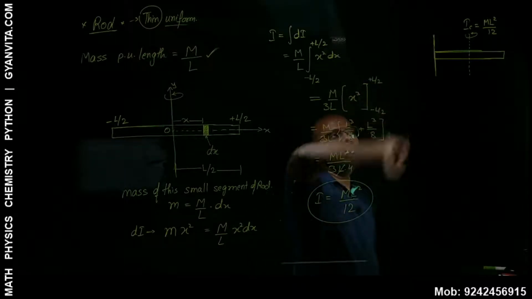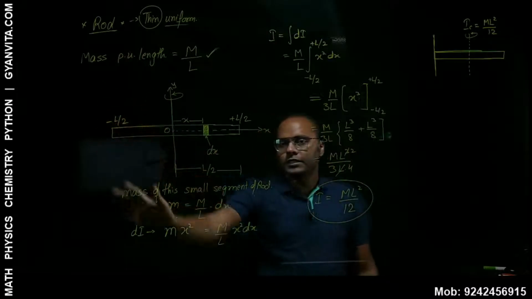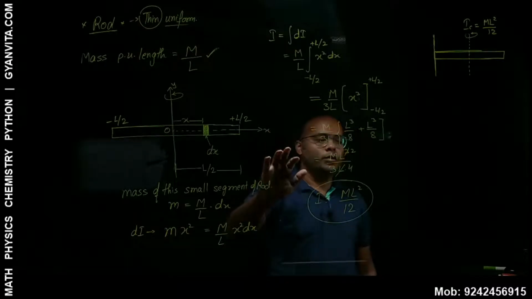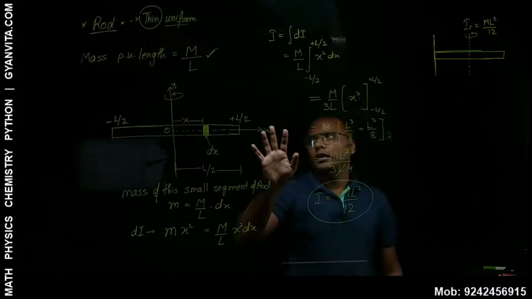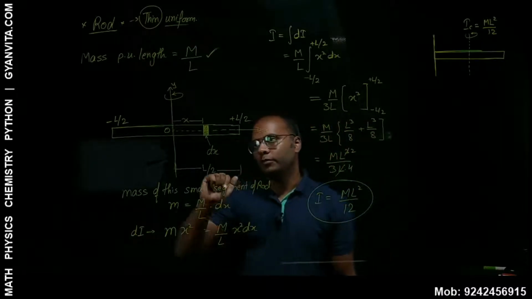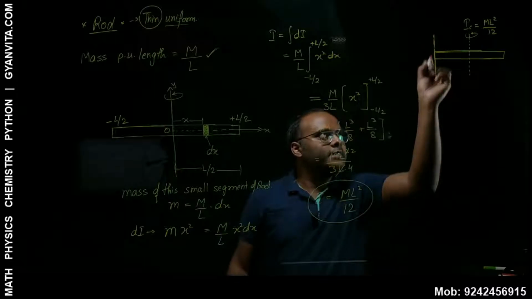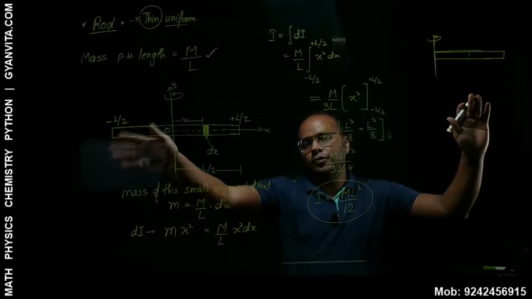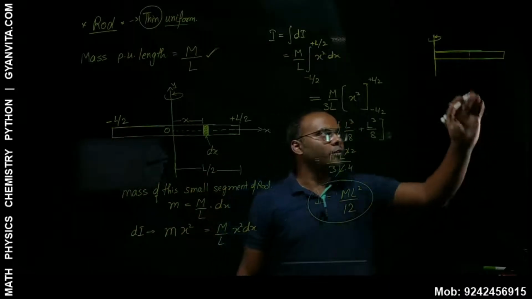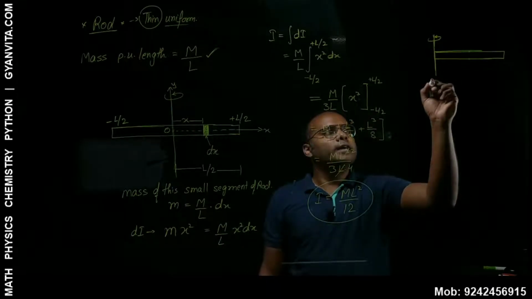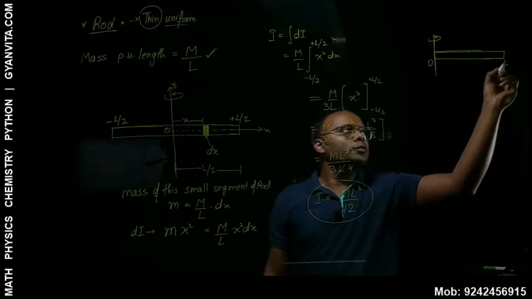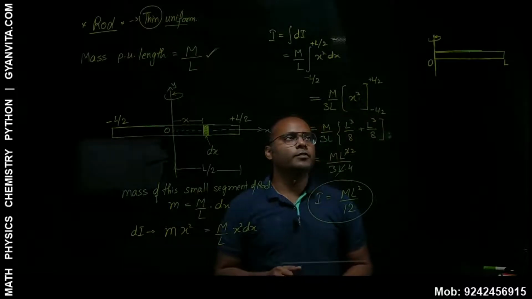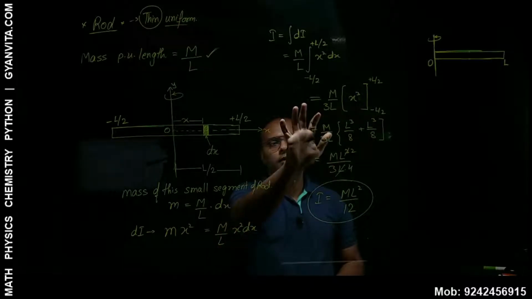Now if I have to find the moment of inertia along this axis, which is at one end, I can again start the same way, the way we have done here. If you do that, the only difference which you have to see is that now the axis is here. Suppose we don't know this, we want to do it in the way of integration, then we have to start from here. Only difference which you will have is that now x will vary from 0 to L. Everything will remain same. Only thing is x will vary from 0 to L.